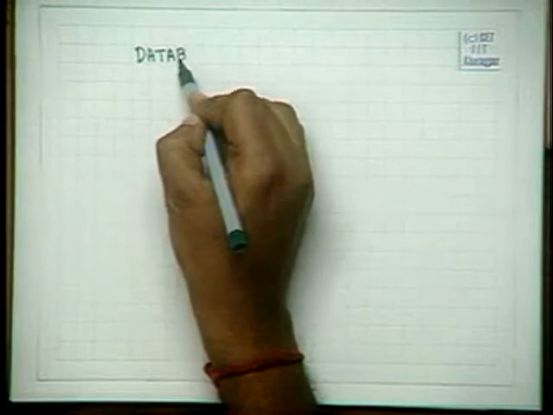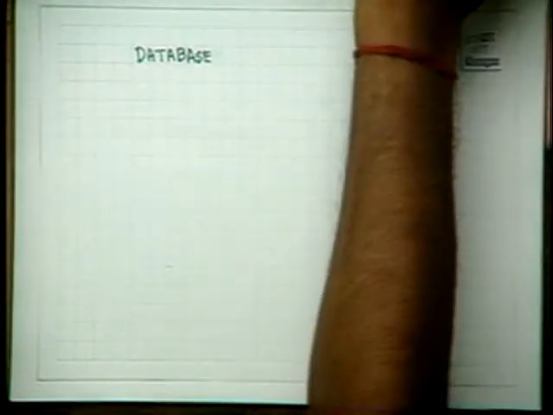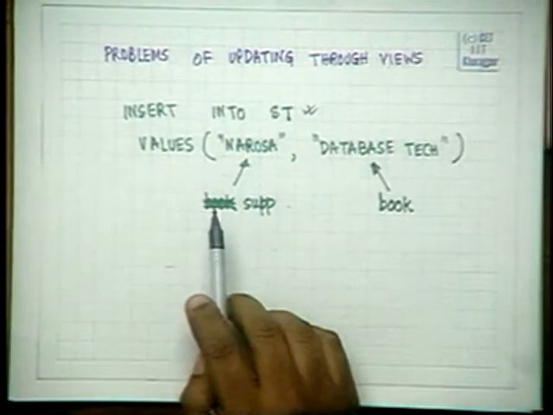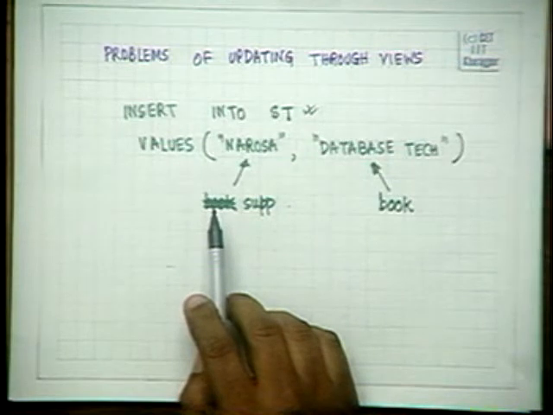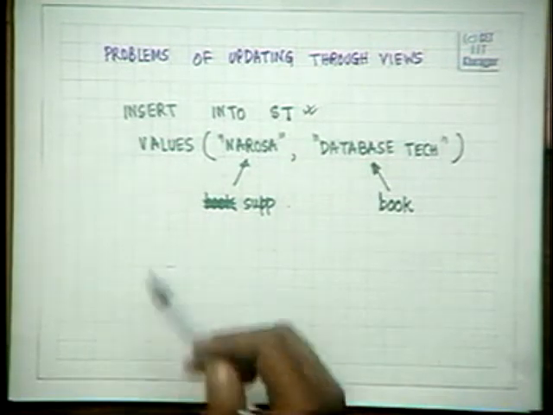Finally, we come to the question of database definition. Isn't that like read only, write only to views? Yes, views, you are saying read only or write only. Views is usually query only. That is, you can only query the database. You need not update. That is what I said.